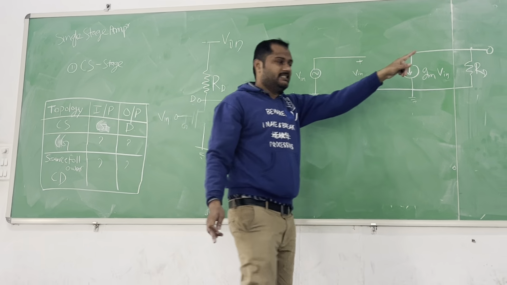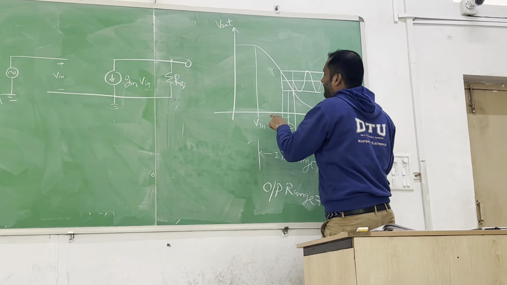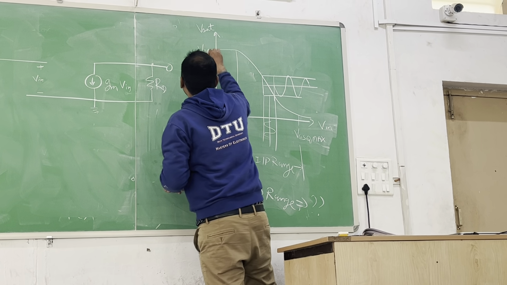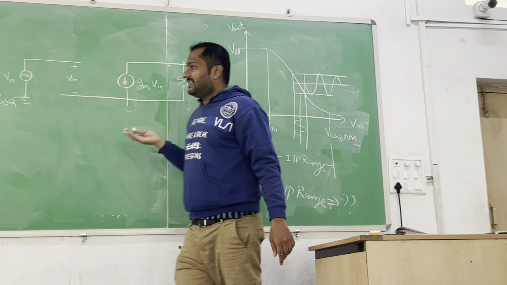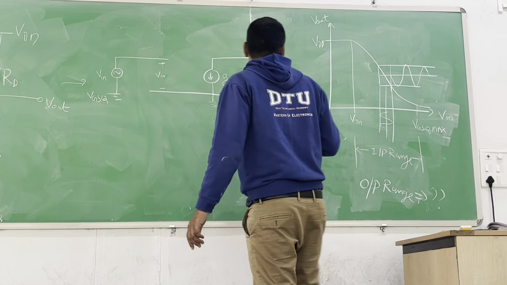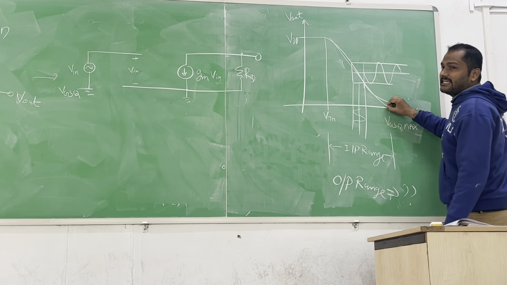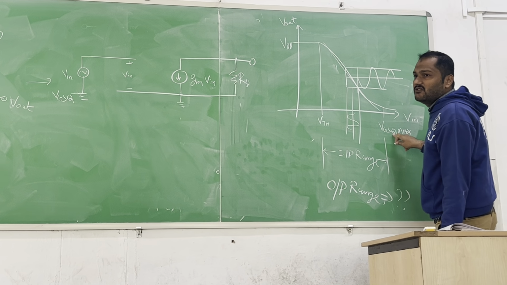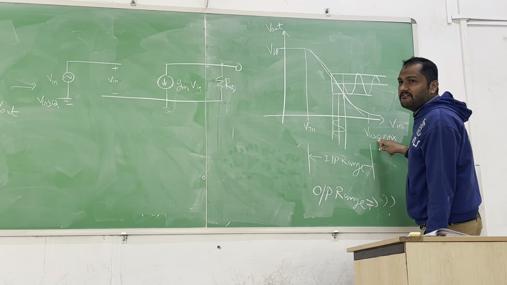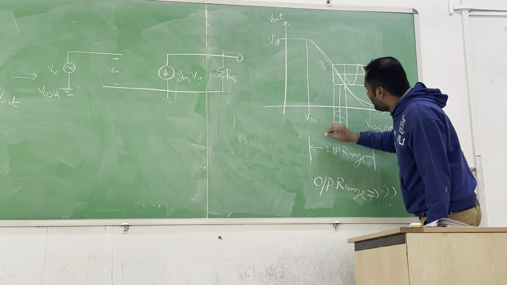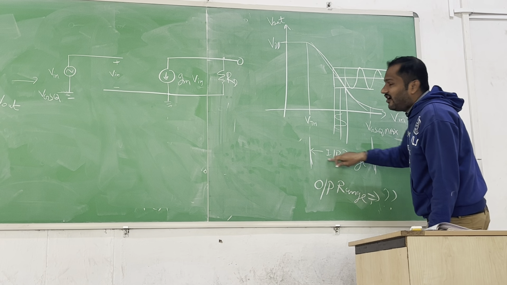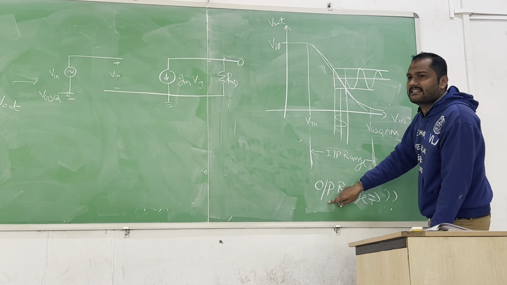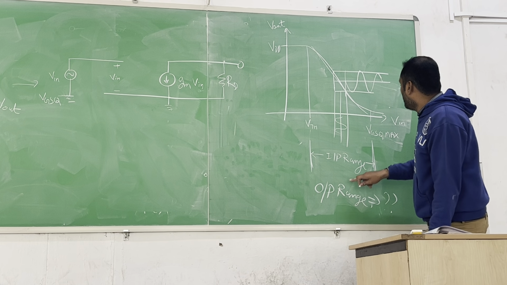And what is the initial voltage? When Vin is less than VTH, output will be VDD. With increase in input voltage, there is a steep slope. And we can go up to a VGS max. This is the VGSQ maximum value, the DC maximum value, and this range, VTH to VGSQ, is called our input range. Similarly, there is the output range. We will discuss it in the next class. Okay.